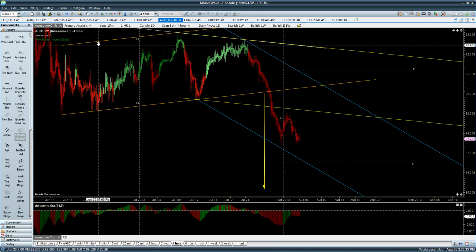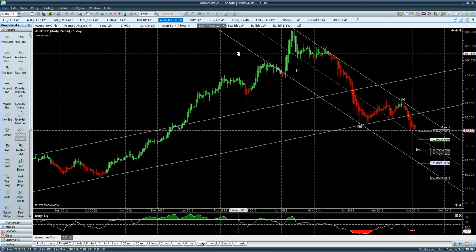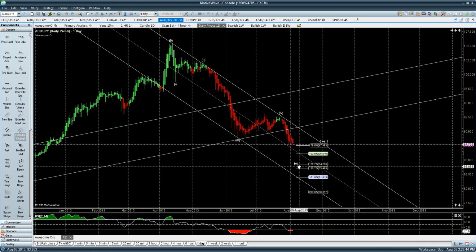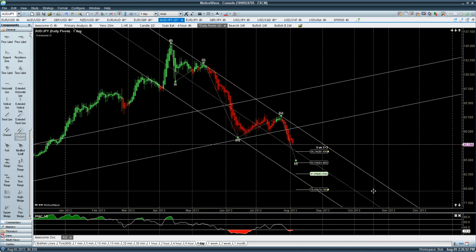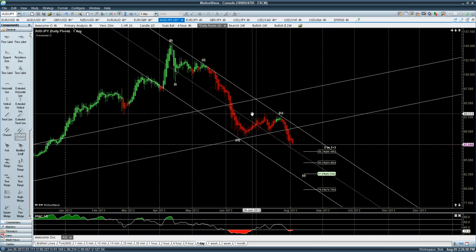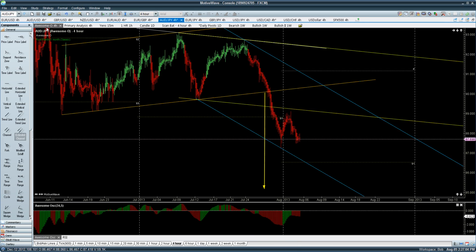Aussie yen. Okay, we have this 1, 2, 3, 4, looking for a 5. Let me fix this ratio analysis here. 5 versus 1 through 3 comes in at 82.54. Not sure if this is 1, 2, 3 right now, but we did have a zero line cross way up here. That obviously met its target.